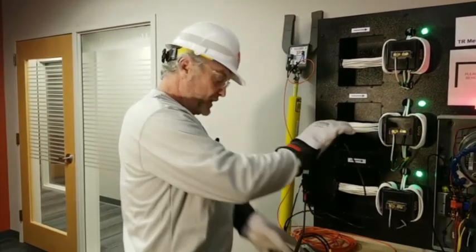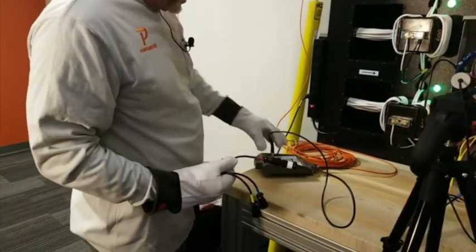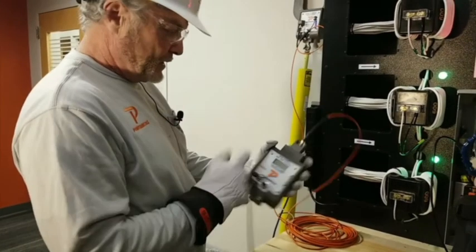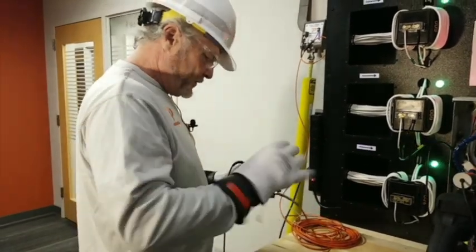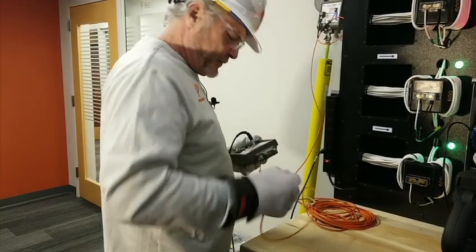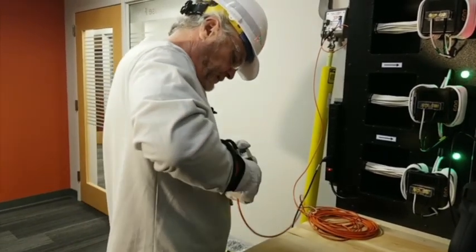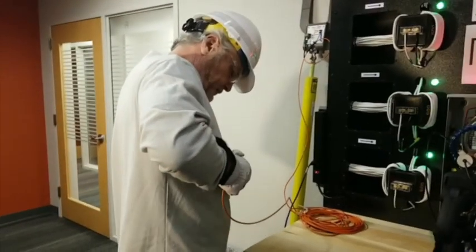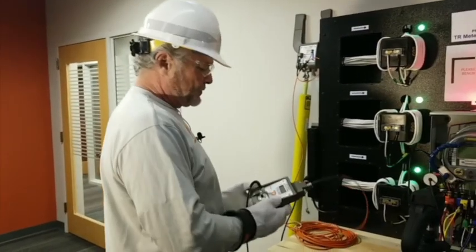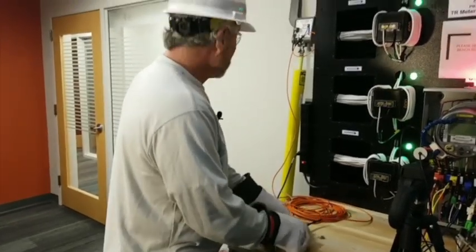All right, so you come from here, and you come from your probe adapter cable. You connect right in here to the face of here, right? And then you get your fiber optic comes in right here in the top. Okay, so you just put the fiber optic in right here in the top. There you go. So you put your fiber optic in here, make your connection there. Then you put your fiber optic in